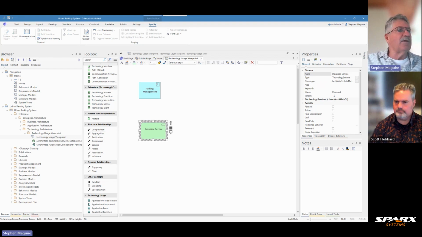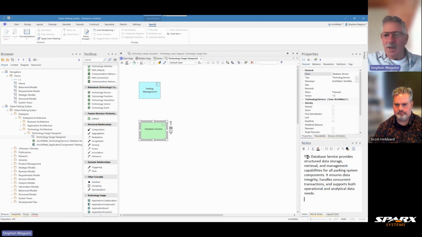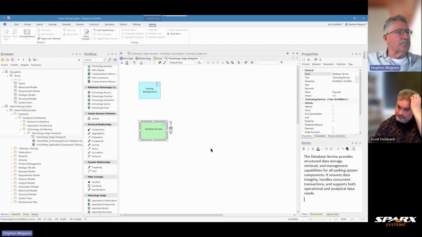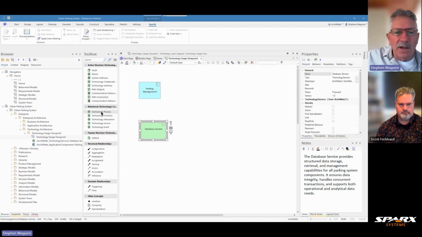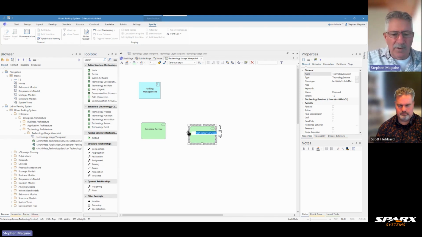Let's drop a couple of those in actually, so you can see what they're about, and that might make it easier for people to understand. I'm going to put some notes in for this one, and let's now put in a couple of other ones. So we'll put in an API gateway service, and we'll just drop that into the canvas there, and we want a technology service, and it's an API gateway